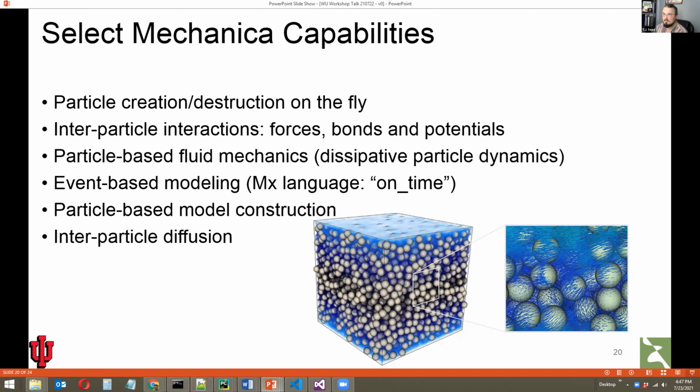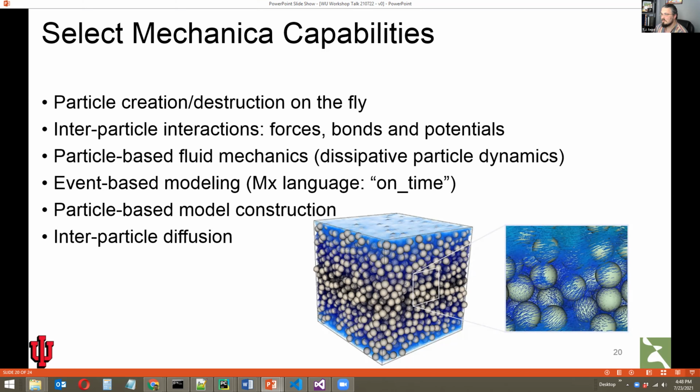There are already a lot of ways to describe how particles in a simulation, whatever they may be representing, whether it be an individual cell or a component of a cell, interact in Mechanica, whether through explicitly described forces or using potential functions that describe the interactions among cells by pairs of types of particles.